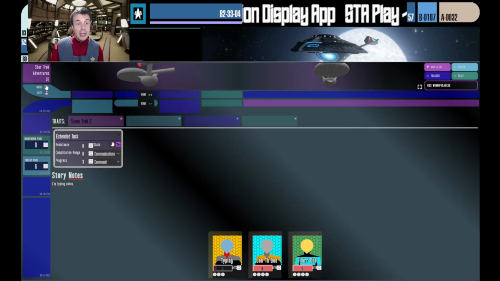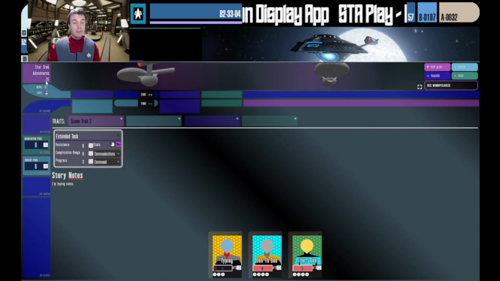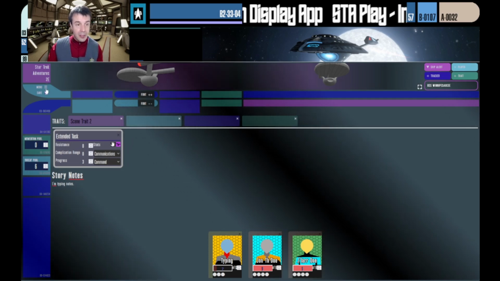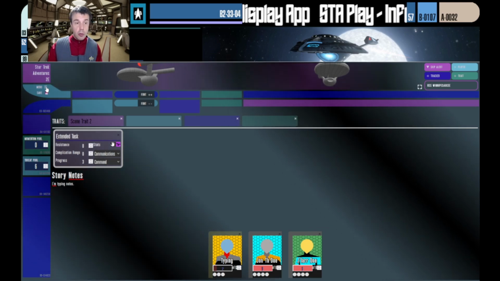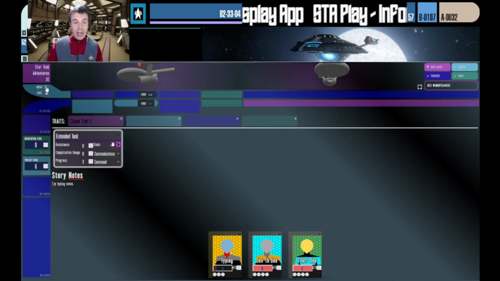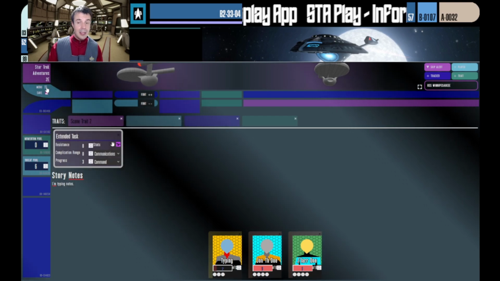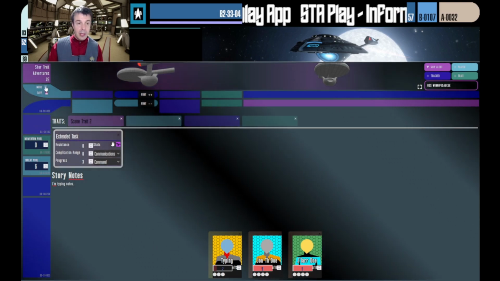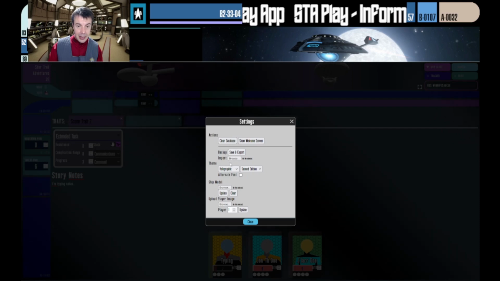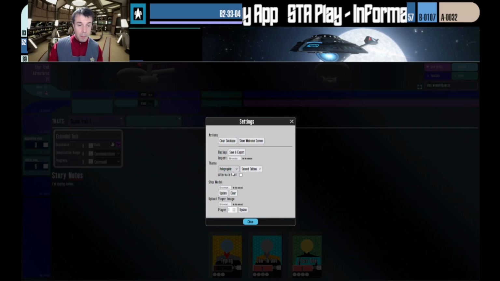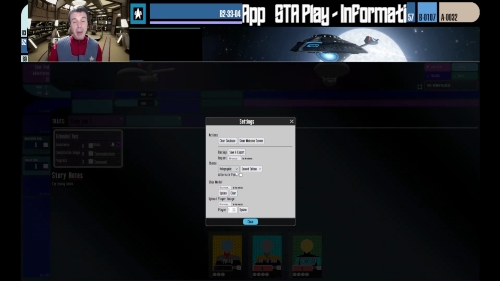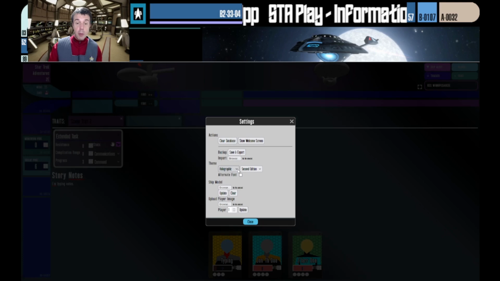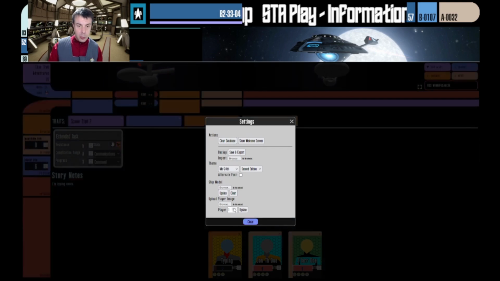Now, one of the most exciting things I think about this app, yes, it's great to have a tracker for Star Trek Adventures. Show your players, let them know exactly what's happening at any time at a glance. However, I think the biggest use that this will have, or maybe the most impactful use this app will have, if you go back to menu, let's say back to mid 24th century, second edition, you can change your first edition, or